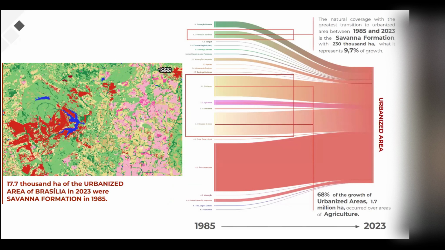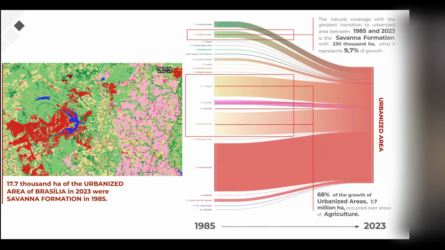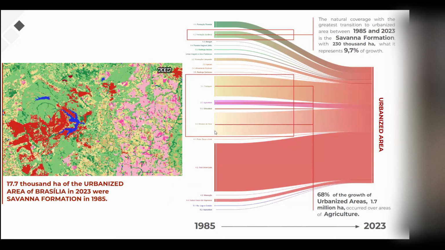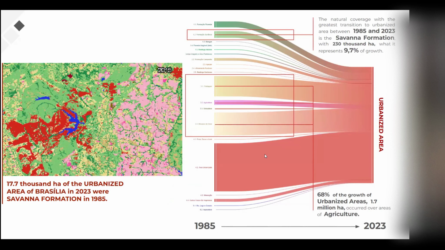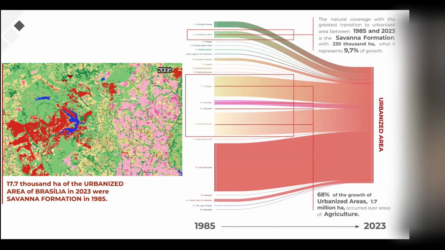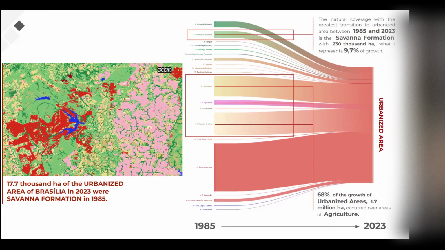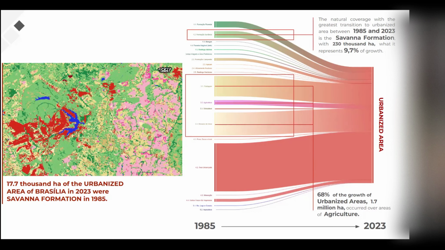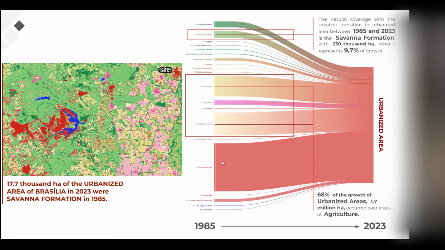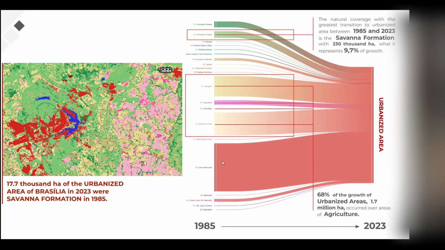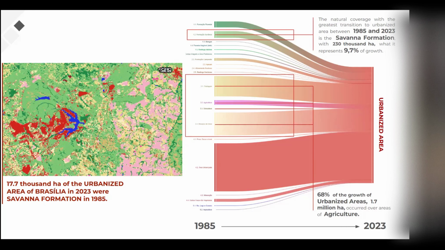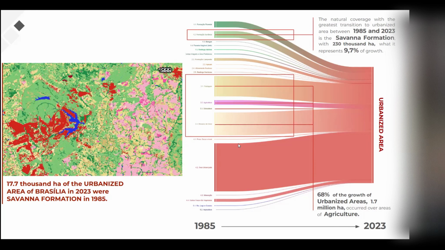So the urban pixel was something else in the past. Basically, most of the Brazilian urbanized area came from pasture lands. It was forest at some point, and then in the surroundings of the city, it became a pastoral area that was waiting for the right time, getting value, the right time to become an urbanized area, right? And this is basically the history of Brazilian urbanization, which is very simple, but nobody knows until we do it and show it on the map. So this is basically what we do.